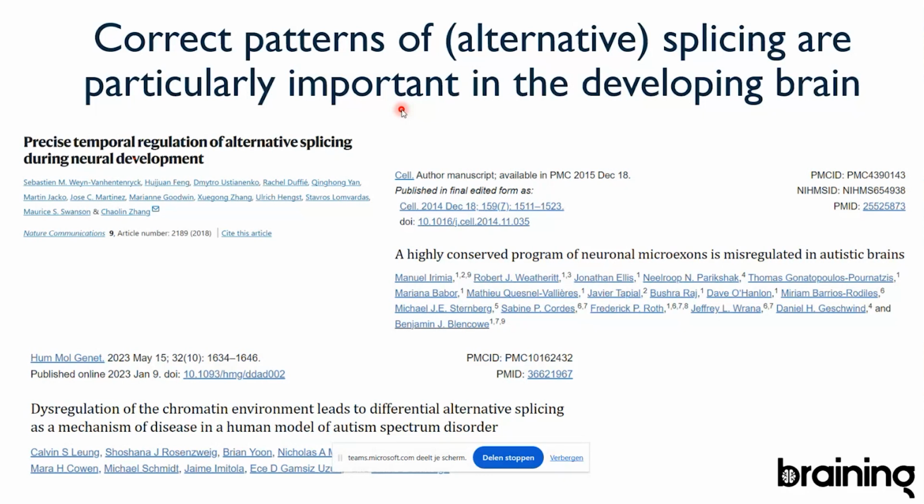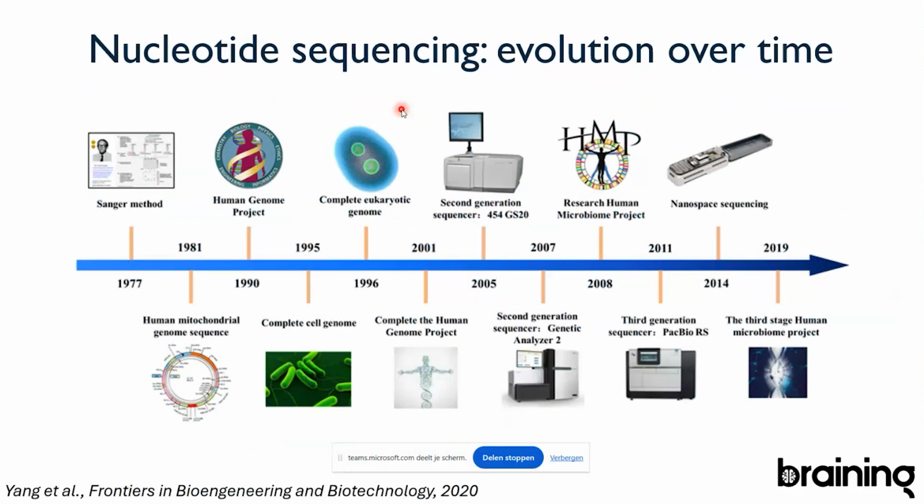So generally, as I told you, DNA molecules and RNA molecules are very interesting for us biologists to study. And the way to study them is to do sequencing, right? And sequencing is essentially determining the order of bases in a given RNA or a DNA molecule. And here I give you a brief overview of all the developments in sequencing that have been done since 1977.